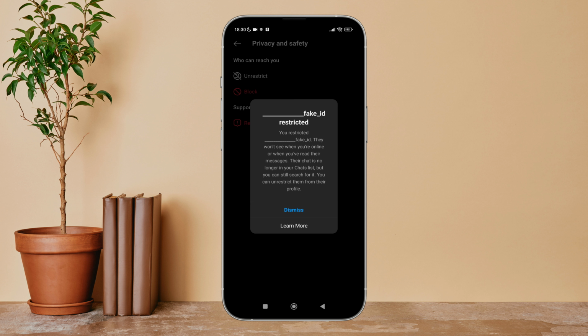So, this is how you can restrict the ID on Instagram. When you restrict the ID, you won't receive any more notification about that person, including if they like, reply, repost